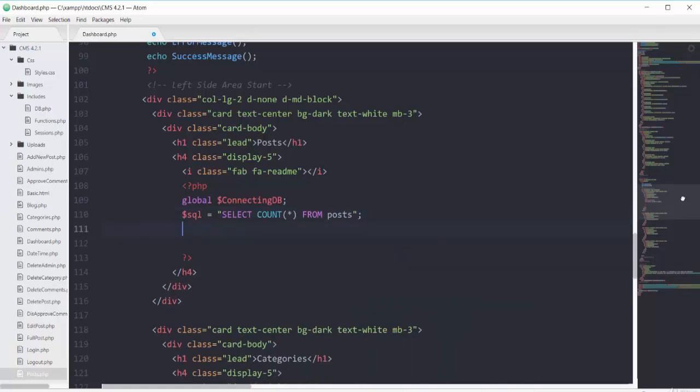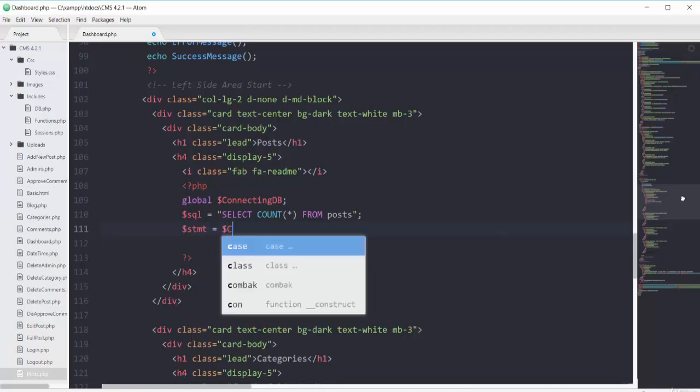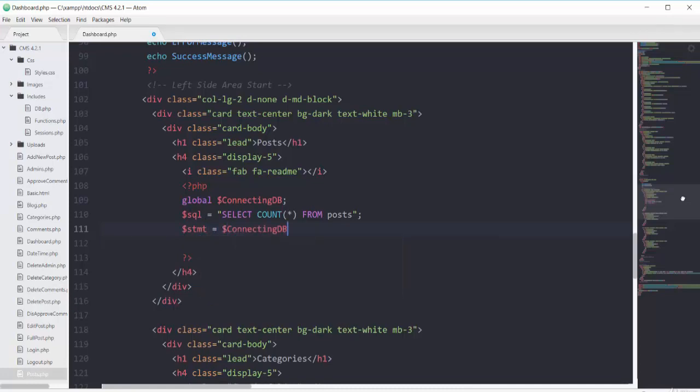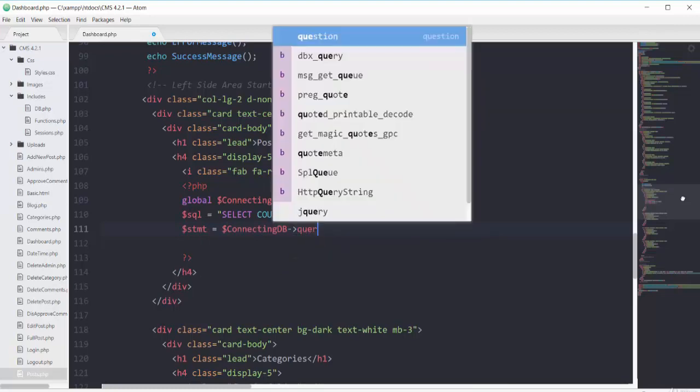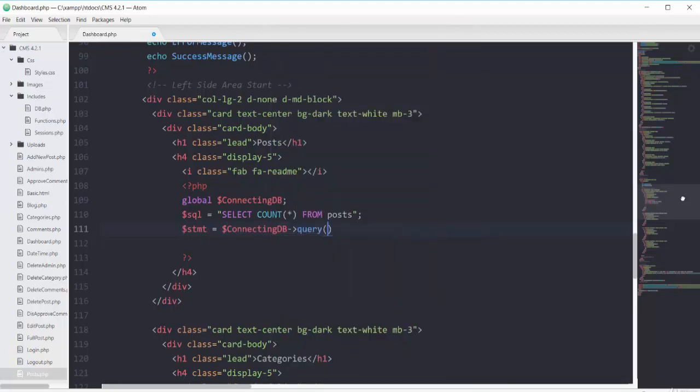Now on the next line, we'll have our variable of stmt that will use our database connection and call the method of query and passing MySQL here.